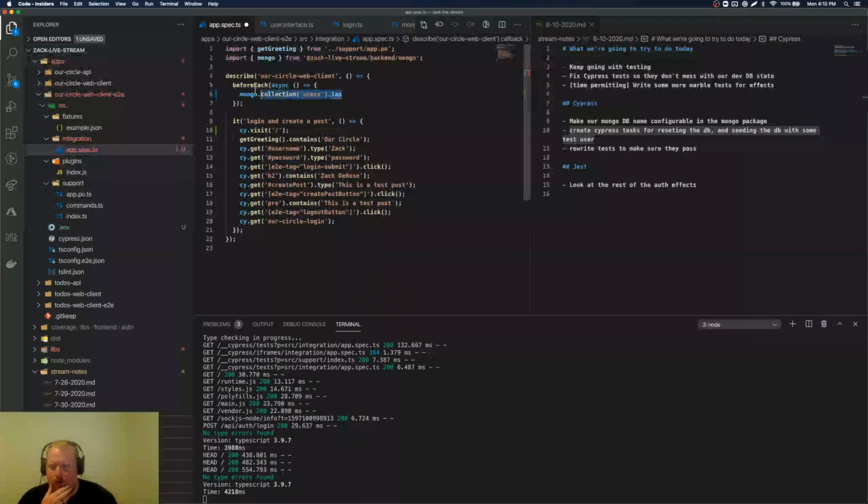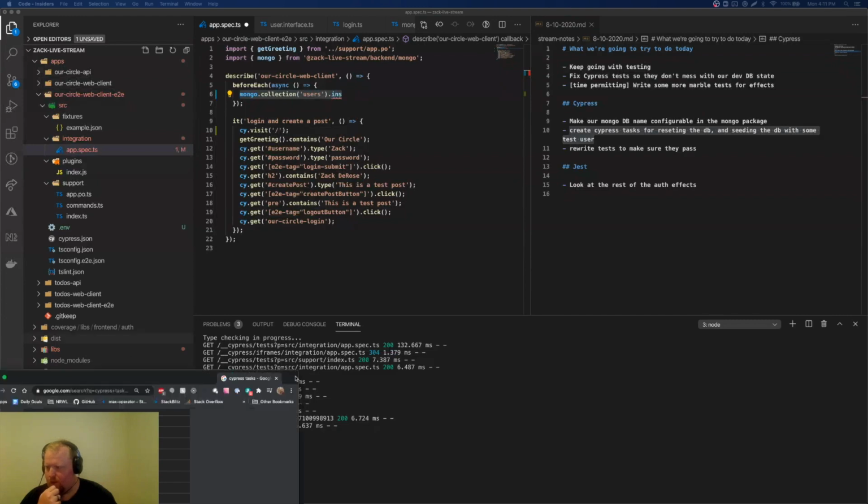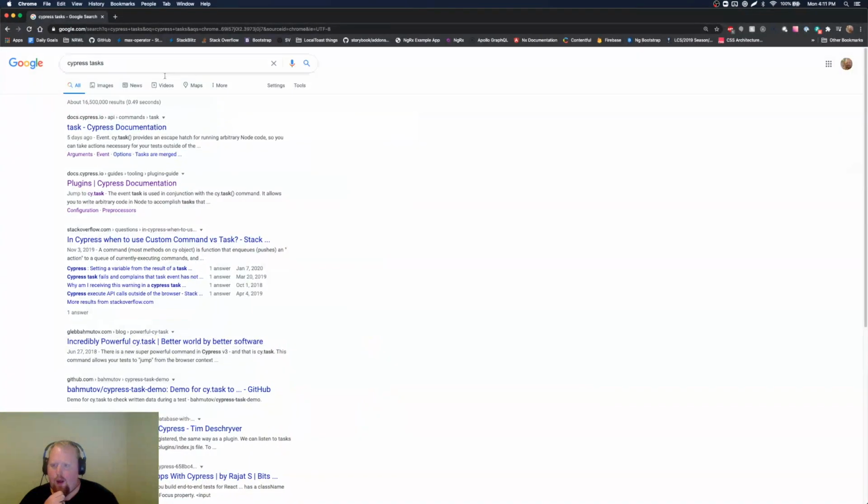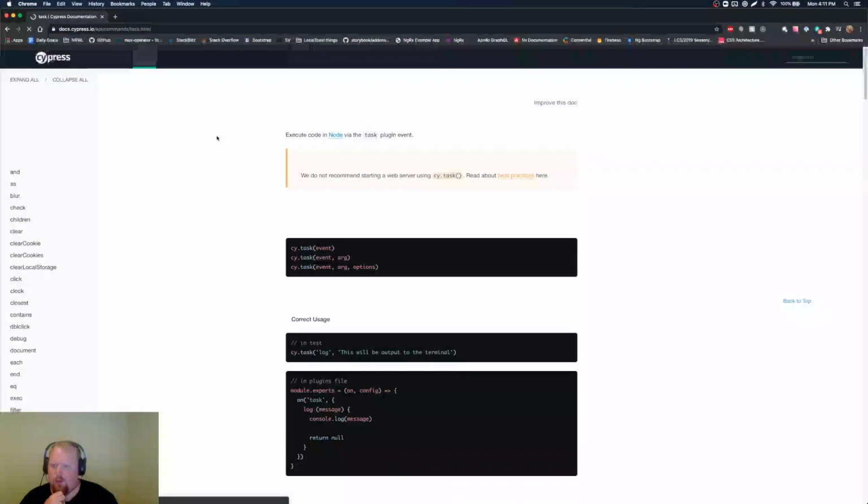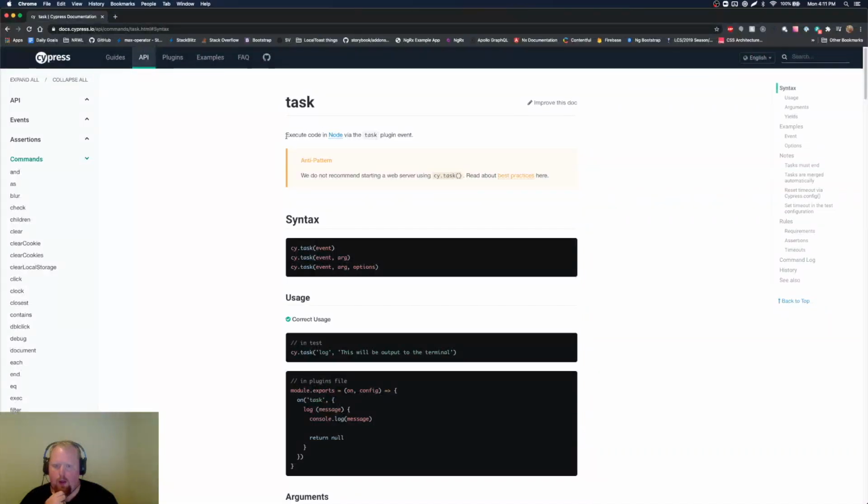It turns out you can't do this, and this is because the code inside of the spec file is actually running inside the browser. So if we want to do stuff like seeding a database, we have to do it via a Node process as opposed to a browser process. And Cypress does have a way for us to do that, and that's with tasks. Let me Google that real quick so we can show how we do this, because this is something I had to learn. So Cypress tasks, here we see